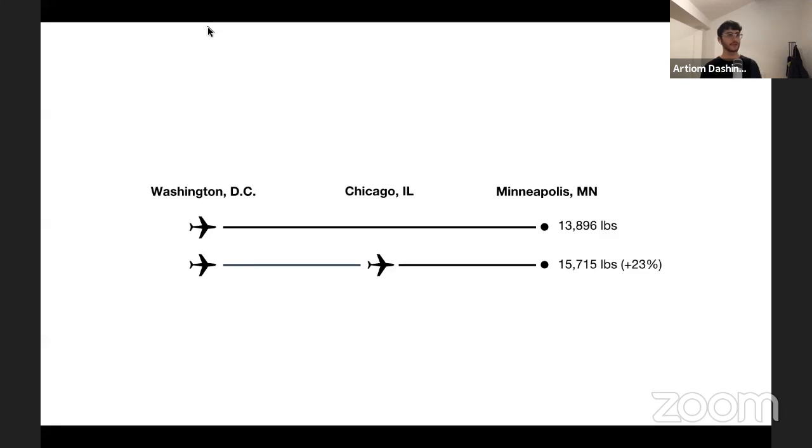Chicago is, by the way, kind of in the center between Washington and Minneapolis, so from the distance perspective, it's almost the same, but it will require much more fuel to burn. So it means that direct flights will always be more sustainable than flights that are not direct.